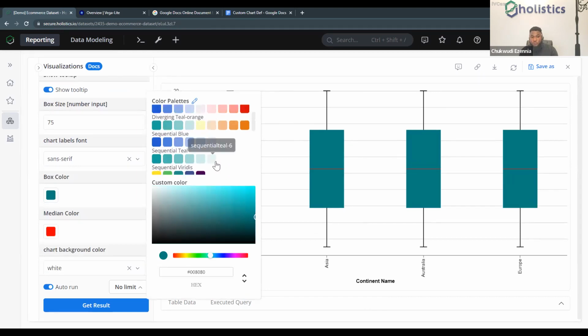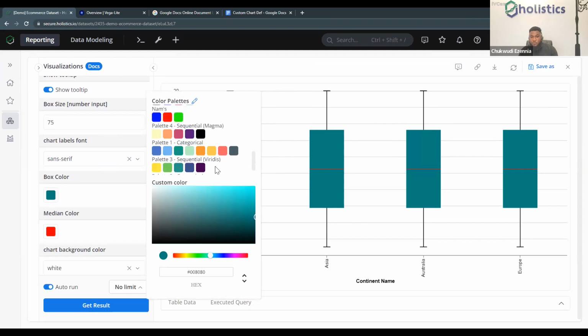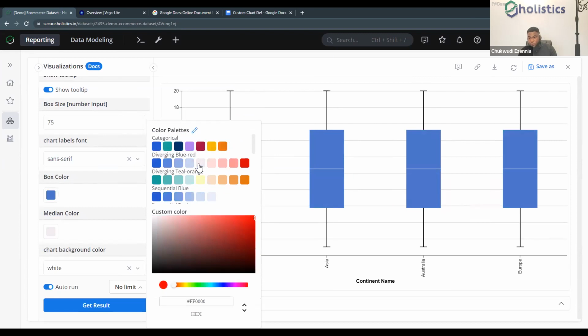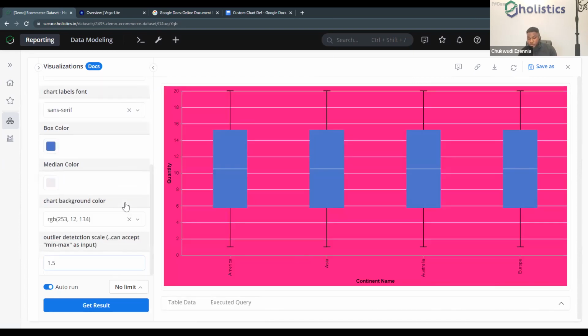We're able to set different color options here for this particular box plot, right? I can probably even make this color if I wanted. The median color, which is for this mark here, I can change from this to this color, or maybe a lighter color, however I want to do this. And interestingly, the chart background, from white, I have these different options that I had predefined. This chart gets a bit colorful, but just for practical cases, right?